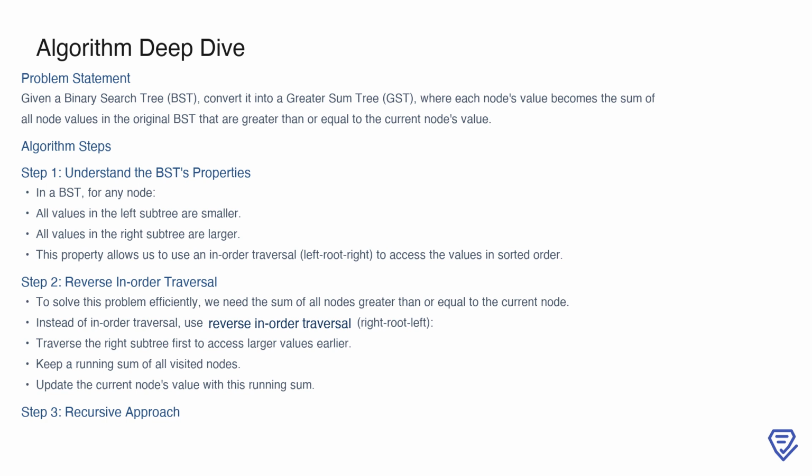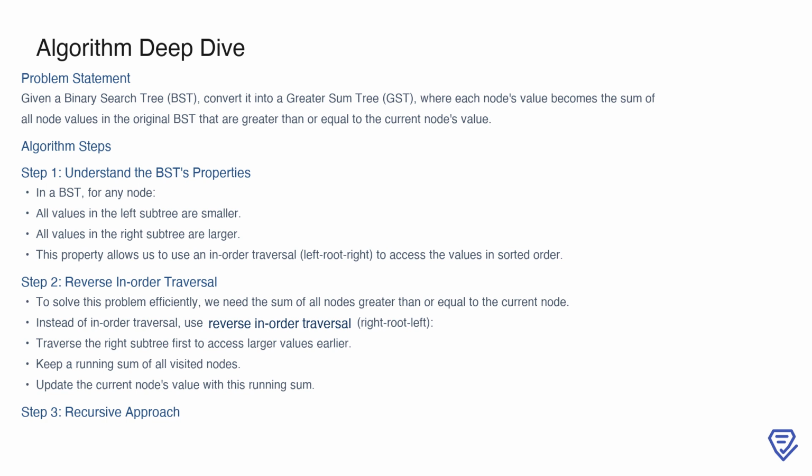In this problem, we are tasked with converting a binary search tree, or BST, into a greater sum tree, or GST. The idea is to transform each node so its value becomes the sum of all node values in the original BST that are greater than or equal to its own value. To achieve this, we first need to recall the key properties of a BST. For any given node, all the values in the left subtree are smaller, and all the values in the right subtree are larger. This inherent structure allows us to traverse the tree in a particular order to access its values